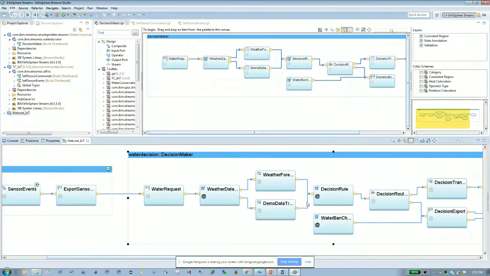With that weather information, we flow it further downstream, where we check simulated business rules to determine whether there are any government water bans that should be enforced. So pulling all of that together, a decision is made whether the sprinkler can be turned on or not. So as you